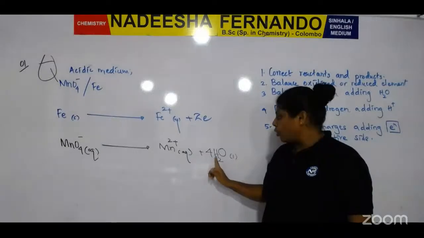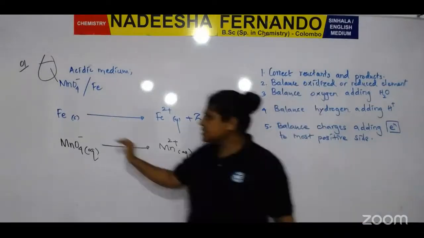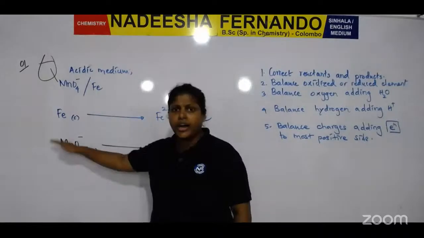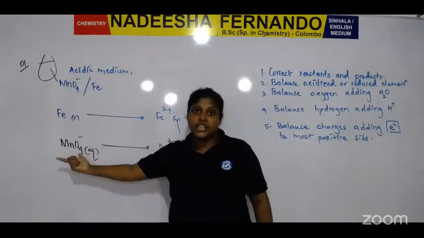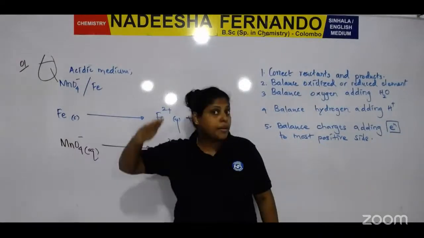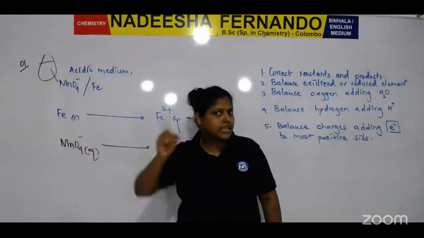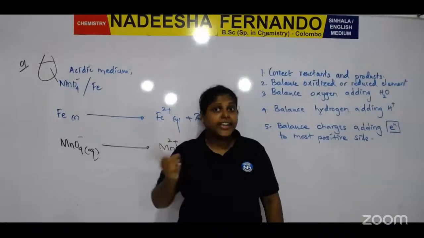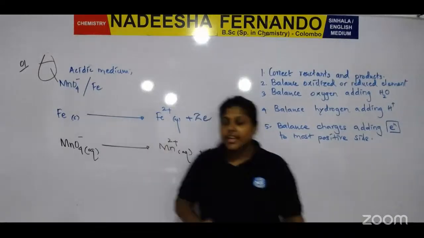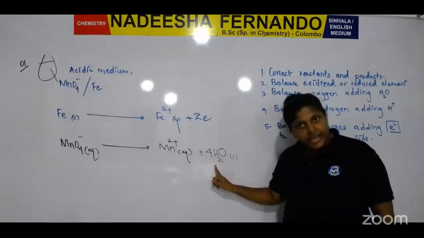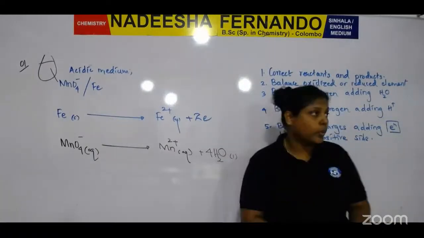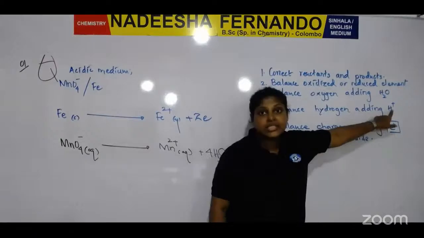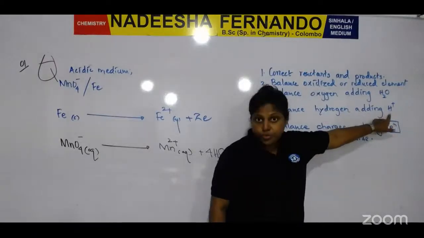This side has no hydrogen. Therefore, we need to add H pluses to the side which has fewer to get the same number of hydrogen on both sides. Here, 4 into 2, 8. Therefore, you need to add 8 H pluses to the